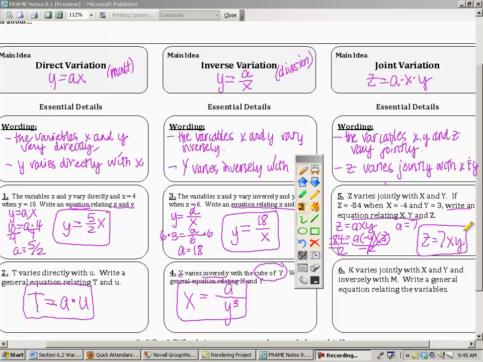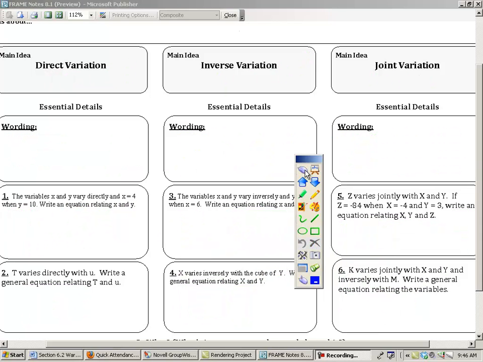Number 6, I'm going to try and mix all of this together. K varies jointly with x and y. That means as I do this, k varies. Jointly means I multiply them, so a times x times y, and inversely means divide by m. I put this together because I'm going to sometimes mix these up as we go through, and we're going to do quite a bit of work, so I wanted you to see at least a mixture of this. This is the first part, which is really just what all of this is talking about. Now we're going to move to the back side